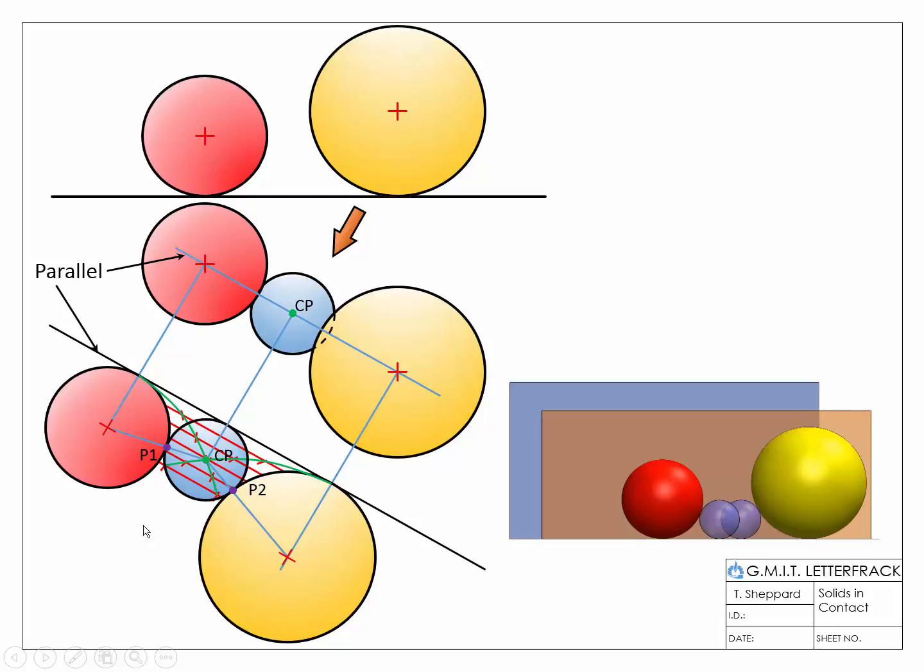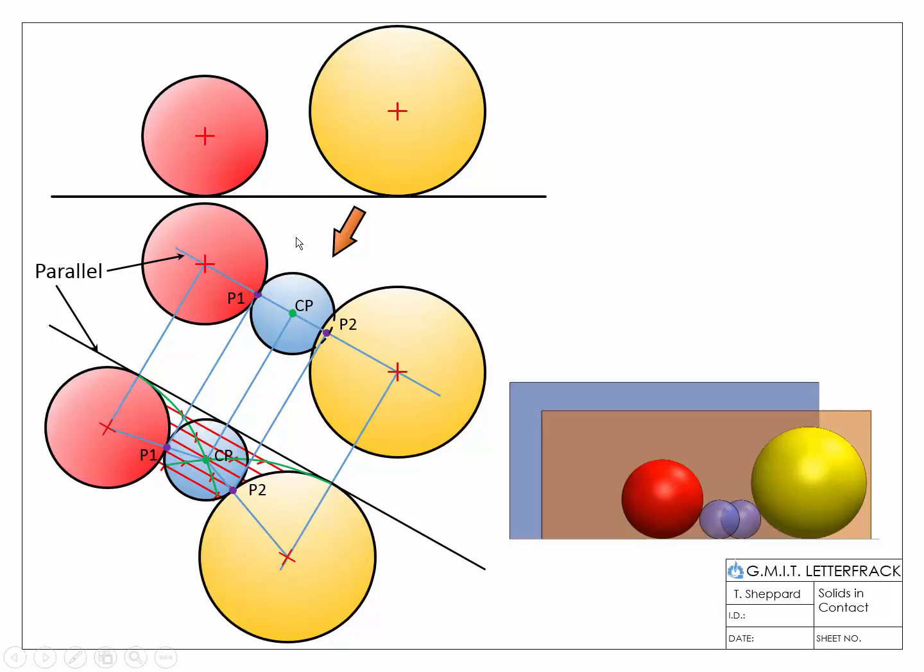There's our solid. Don't forget to put in your hidden detail, because there'll be an overlap of one on the other. And that's a common mistake students make actually, is that they try and fit it so that the three appear edge on edge in the plan view. There will be an overlap because this is much smaller than the two other solids, so you must show that overlap. So we're going to do the same thing then with our points of contact. So there's point of contact 2, point of contact 1, and that's pretty much the plan view of our object